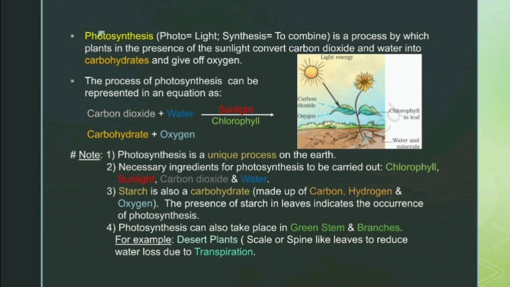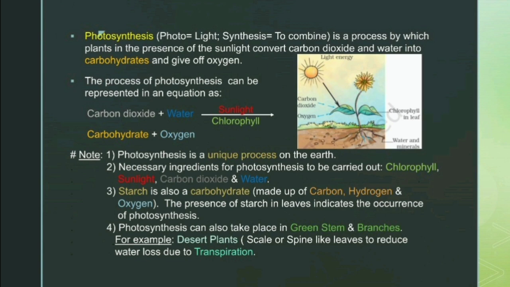And we have the example of desert plants. Desert plants don't have leaves. Instead of leaves, they have spines and scales, which help to reduce water loss due to transpiration. Transpiration is the process by which plants lose water through pores present on the leaves, and the guard cells present on